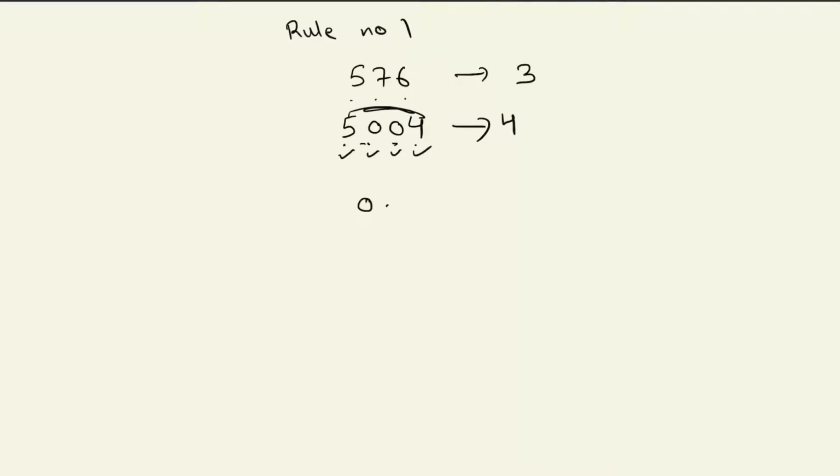Let's suppose we say 0.48. Now will this be counted? No. Why? Because this is not between the non-zero digits. This means the total number of significant figures will be 1, 2. That is 2. Then 2.05. Here the 0 is lying between the two non-zero digits. So it will be counted as a significant figure. So 1, 2 and 3. So the total number of significant figures will be 3.